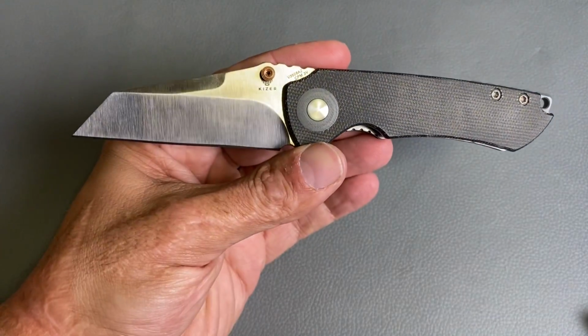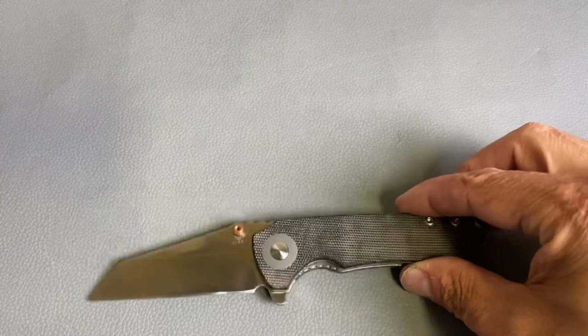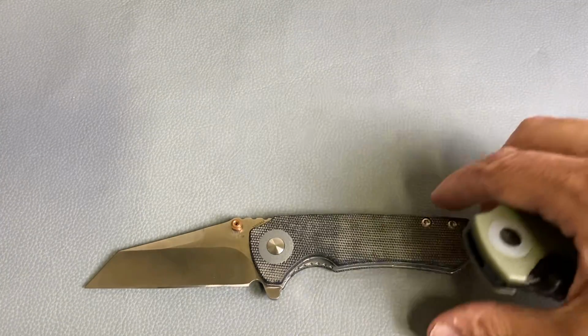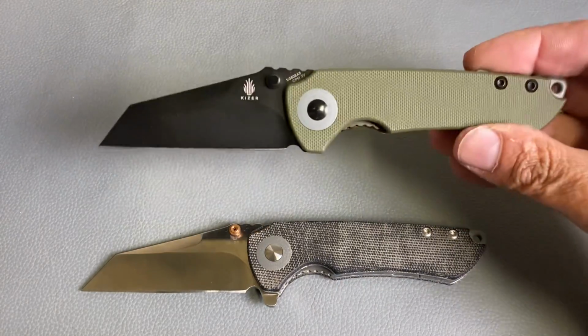I did thoroughly test this one hard. If you haven't seen this one, go check it out on the channel. I like this knife so much, I picked up all three different variations. I added a stud on that one, and they came out, I mean, they dropped the